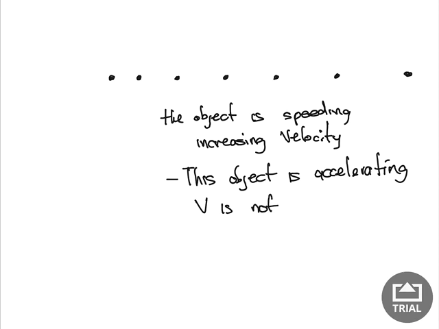Now you can accelerate in 2 different ways. You can increase in velocity, or you can decrease in velocity, like this other example. As you can see, the dots begin to get closer and closer and closer. So that is the opposite of what happened earlier. So remember, guys, when you're dealing with a ticker tape diagram,